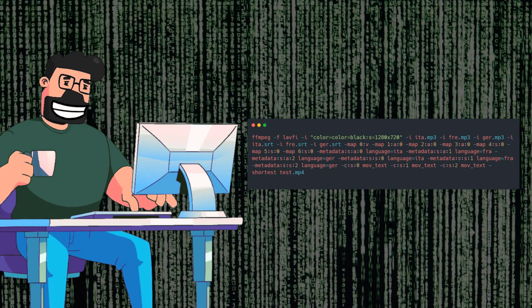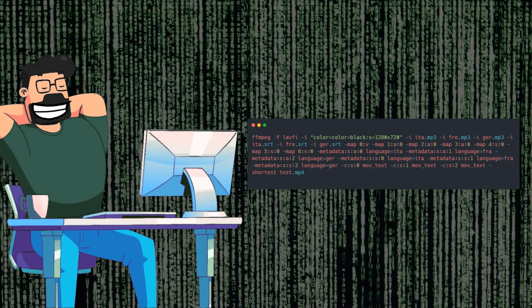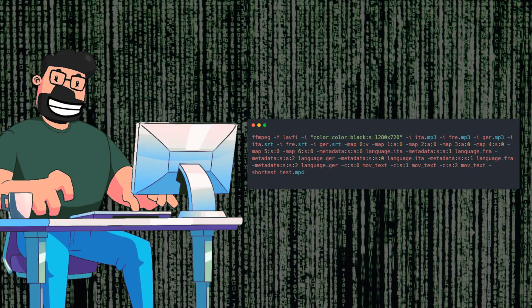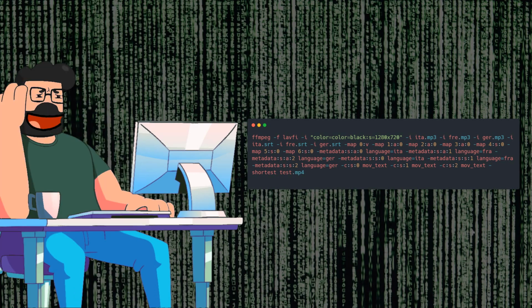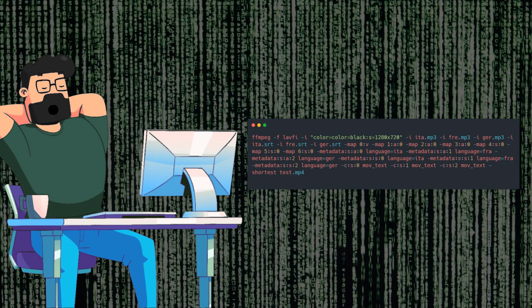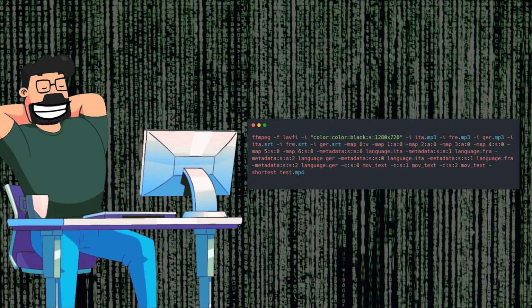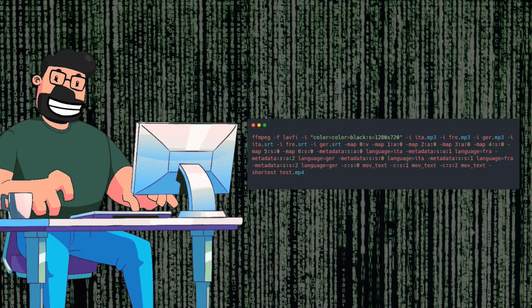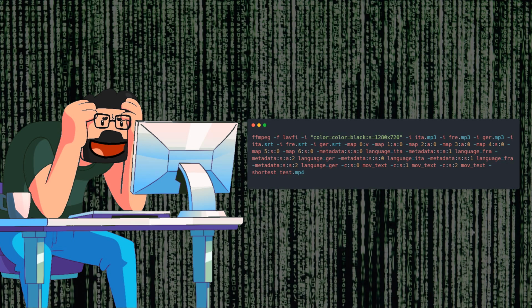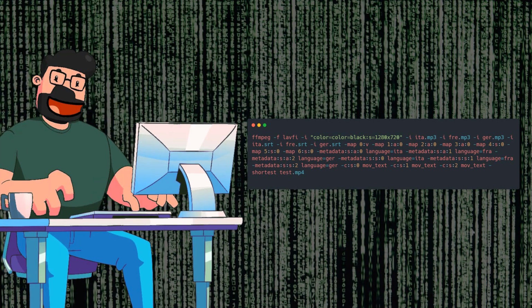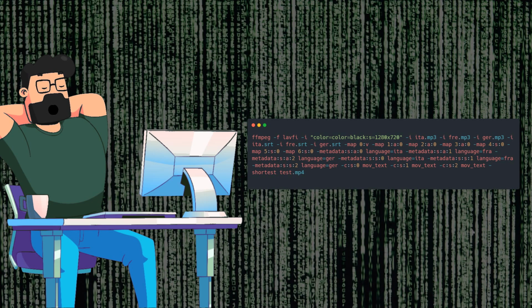By utilizing the following command: ffmpeg -f lavfi -i color=black:s=1280x720 -i eda.mp3 -i fre.mp3 -i gr.mp3 -i eda.srt -i fre.srt -i gr.srt -map 0:v -map 1:a:0 -map 2:a:0 -map 3:a:0 -map 4:s:0 -map 5:s:0 -map 6:s:0